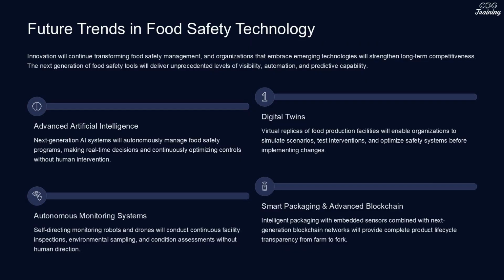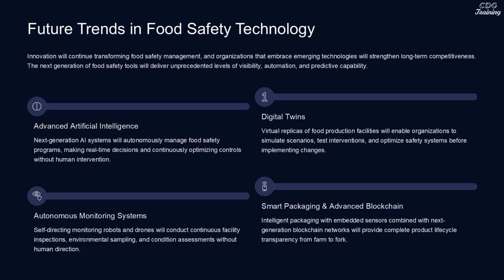Innovation will continue transforming food safety management, and organizations that embrace emerging technologies will strengthen long-term competitiveness. The next generation of food safety tools will deliver unprecedented levels of visibility, automation, and proactive capability. Advanced artificial intelligence: next-generation AI systems will autonomously manage food safety programs, making real-time decisions and continuously optimizing controls without